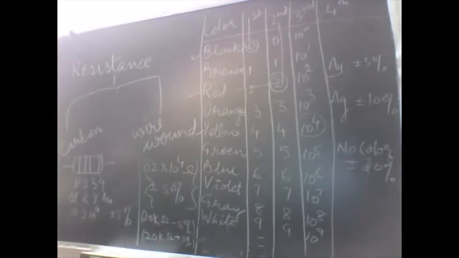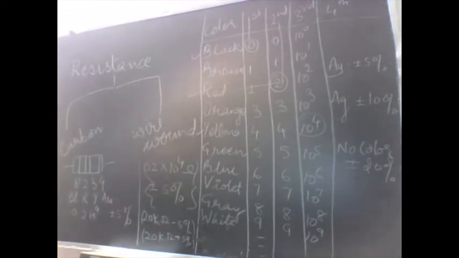So at times in the board exam, a 1 marker question can appear wherein some carbon resistance will be given to you, and you will have to decode it. For that, this color table should be learned by you all. So that is about how to decode a carbon resistance. So let us now come to the next topic